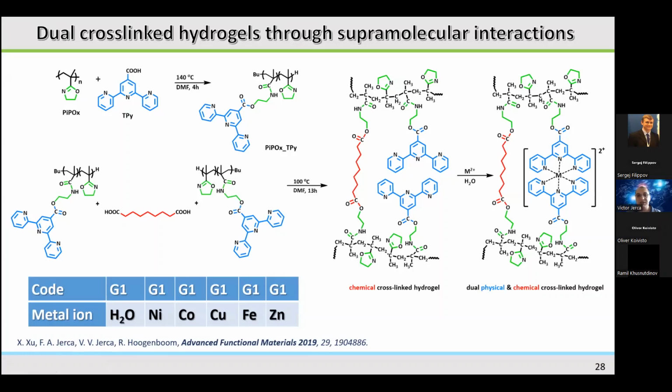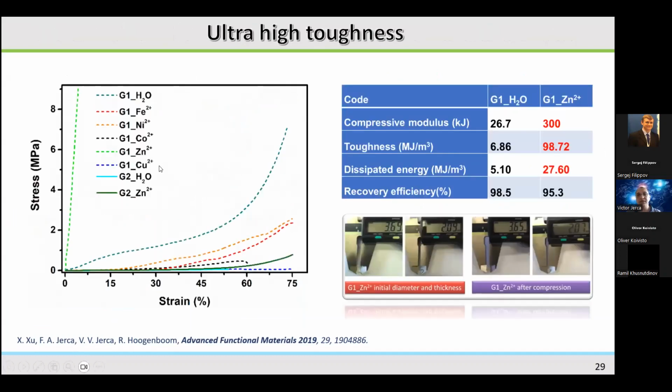For the complexation experiments, we used metals such as nickel, cobalt, copper, iron, and zinc that are well known to complex the terpyridine units. We tested the swelling properties. We also performed some rheology measurements, which are not shown here, and we tested the compression of these hydrogels. As you can see in this graph, we have a huge increase in the compressive modulus and in the toughness of this hydrogel upon complexation with zinc, which at first was unexpected for us because